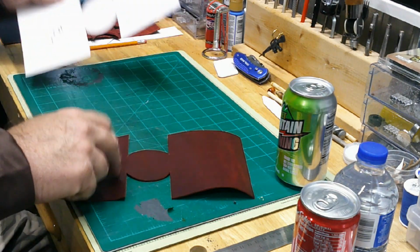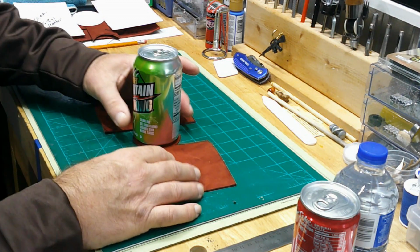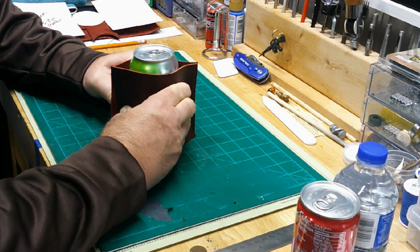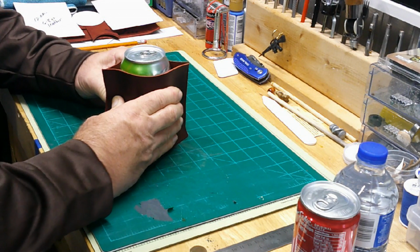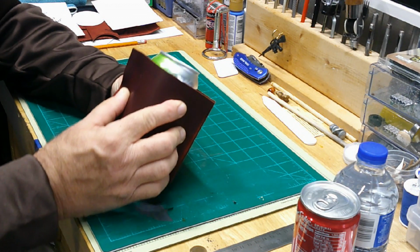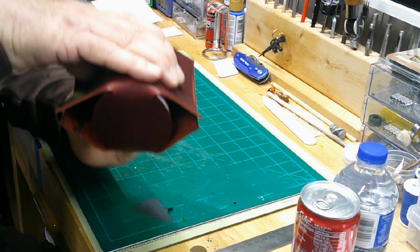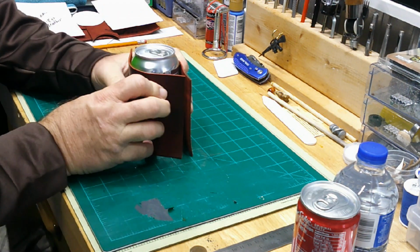So let's dry fit this with our can. Set it right in the center. Let's fold up the sides. Wrap it around the can. You can see how much of the can sticks out. That's perfect. Looks like probably about 3/4 of an inch all the way to the top. So it's nice to hold on to without having to hold on to the can. You can see the bottom is covered, so that's nice. And I've got plenty on the sides here